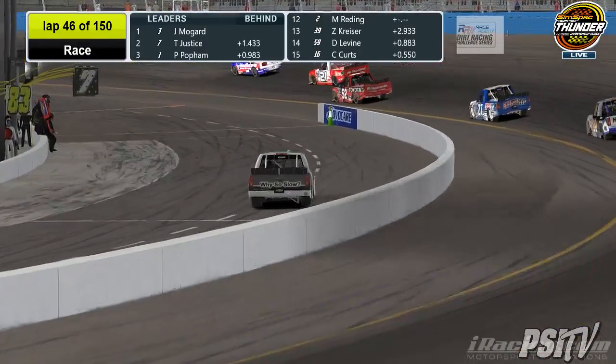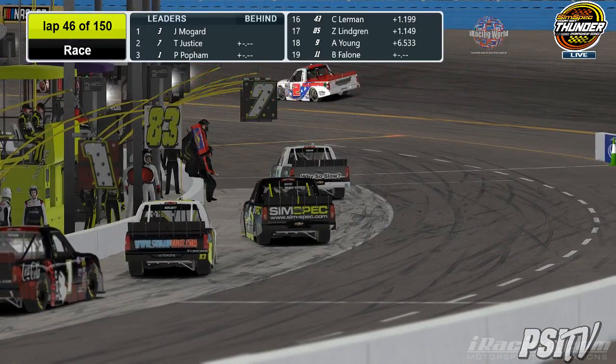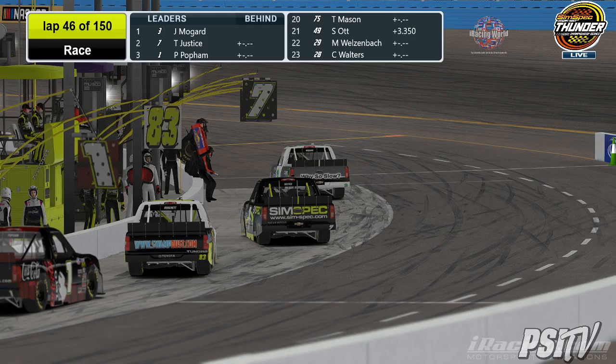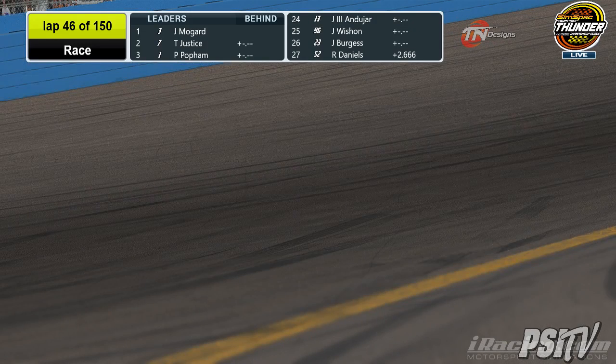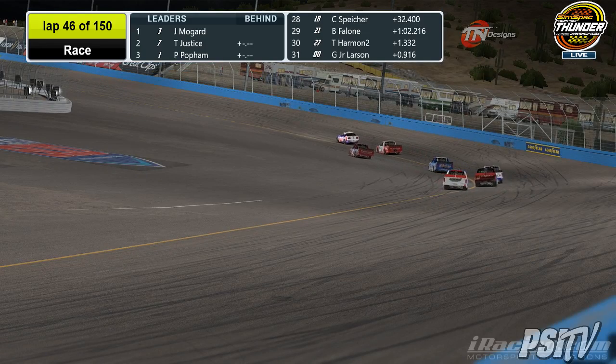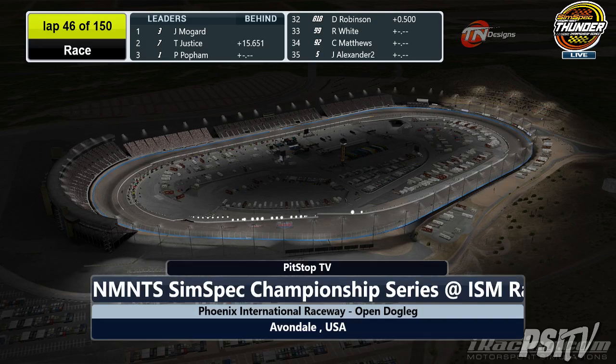Brendan, do you think these guys will try anything coming to the end of a stage, or do you think they're all just going to get 4? I think we'll probably see 4 tires here and some fuel and try and work through towards the next stage maybe here. Not really too much longer left into it. By the time we get back under green here, I'd say there'll be about 13 to go left in the stage, so